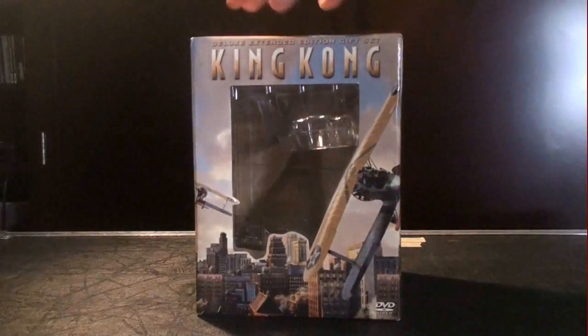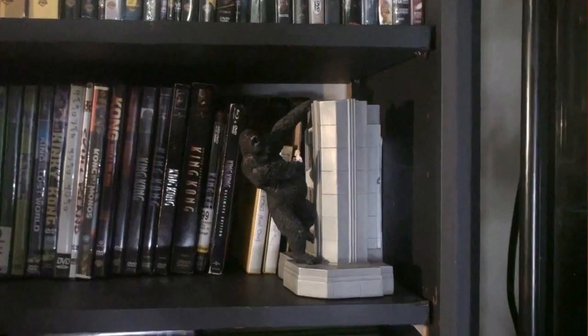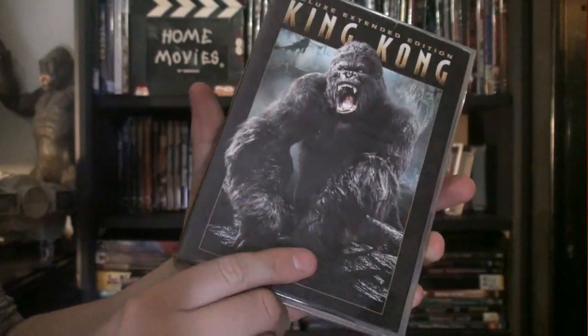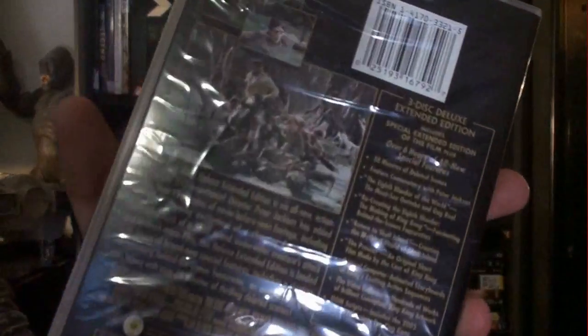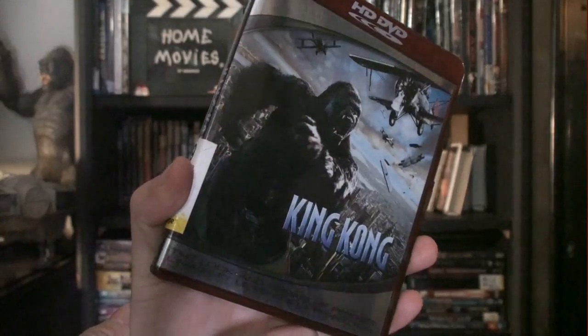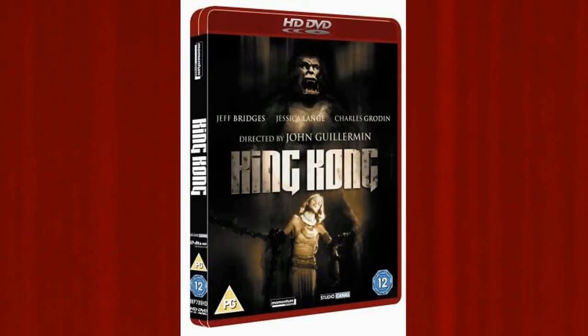The copy I owned came in a really nice box set with an amazing sculpture by Weta Workshop, as well as actually being autographed by Naomi Watts, who I met at the Toronto International Film Festival during the world premiere of The Impossible. And while other variations came and went, including on the failed HD DVD, which the '76 film